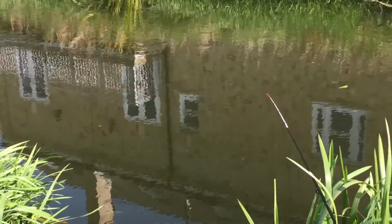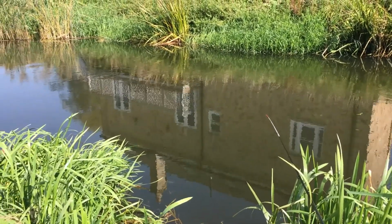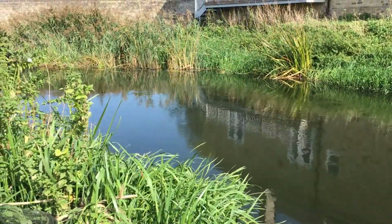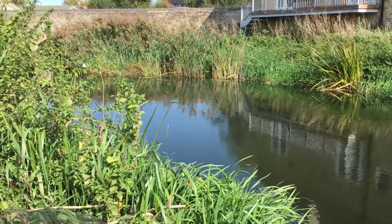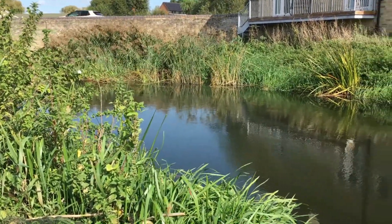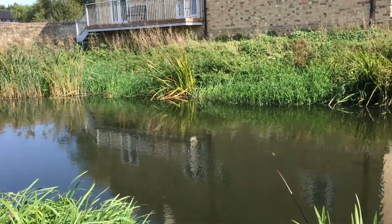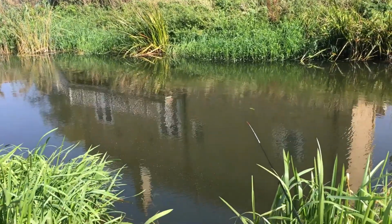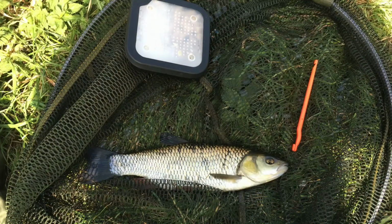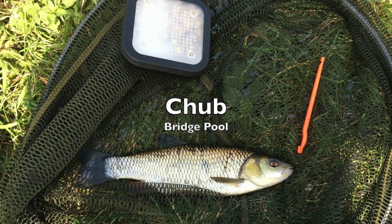We're now at the swim near the road bridge, which is the other very open swim, which I think is fished quite a lot actually, and I was walking my way back to the bridge basically before packing up, so I thought I'd give it a try. It's a lovely looking swim, and one imagines if you fished it all day you might be able to take quite a few fish. I managed to take one, again unfortunately off video, again not a very big fish, but it did end the day with a chub, which was a good ending,